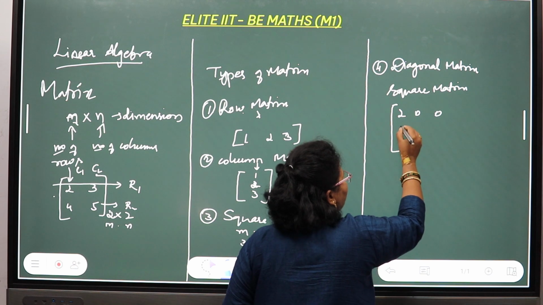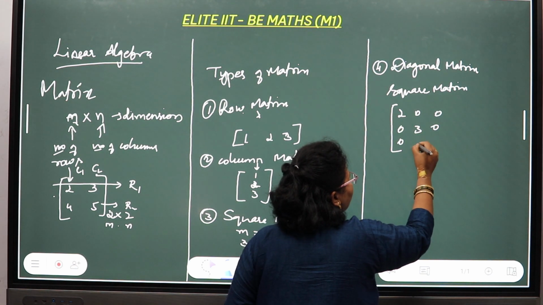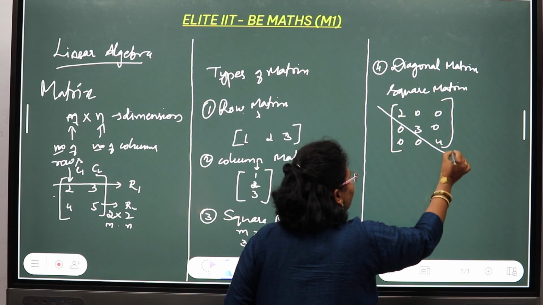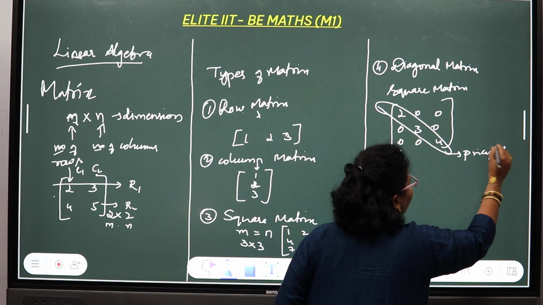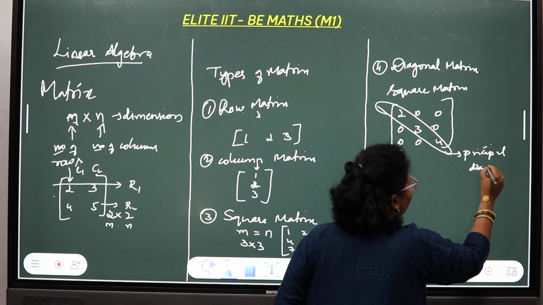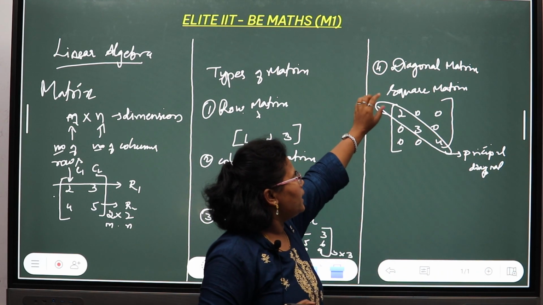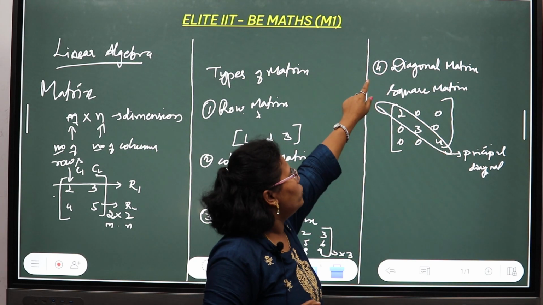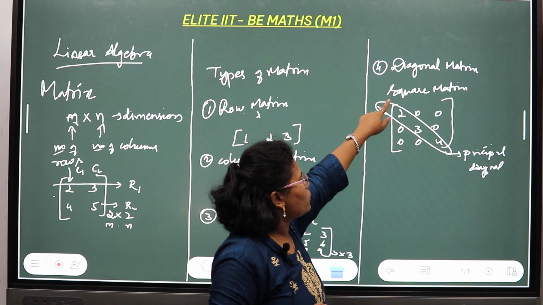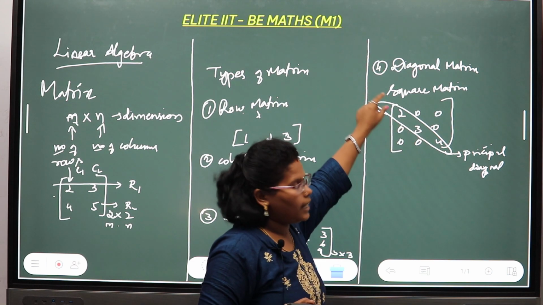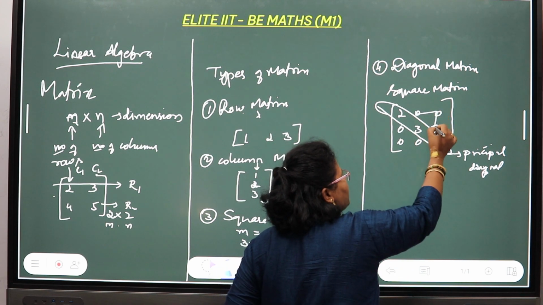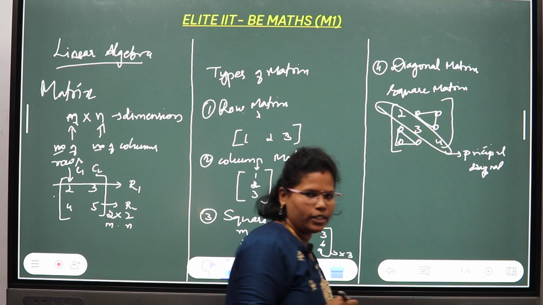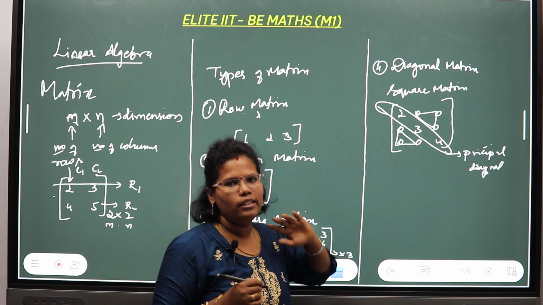I will write the example first. This is called your principal diagonal. Okay. What is this called? This is called the principal diagonal. So whenever my matrix contains only principal diagonal elements, that's called your diagonal matrix. Remember it must be a square matrix, then I have to check the condition where my diagonal elements are present. These are called non-diagonal elements. These non-diagonal elements must be 0. Then only I can say it's a diagonal matrix.